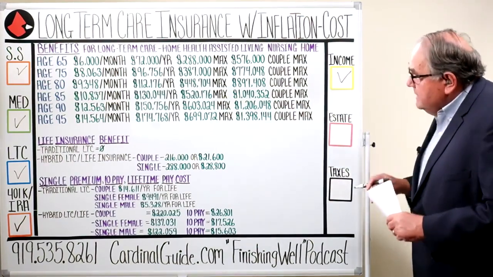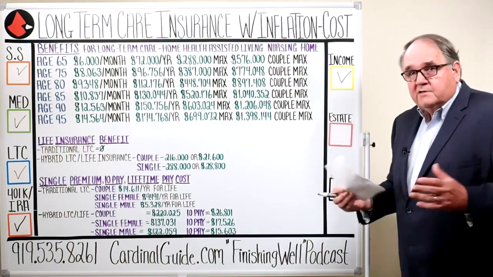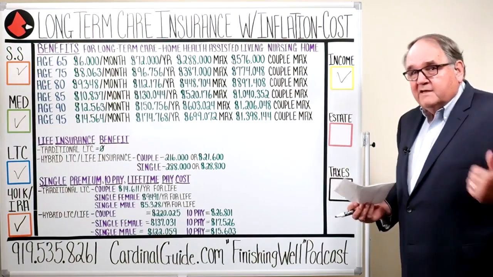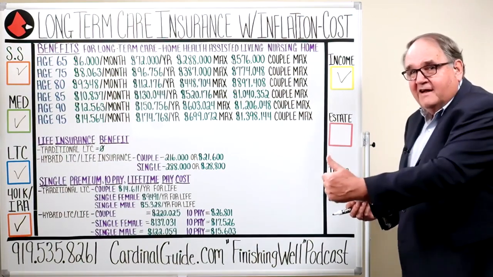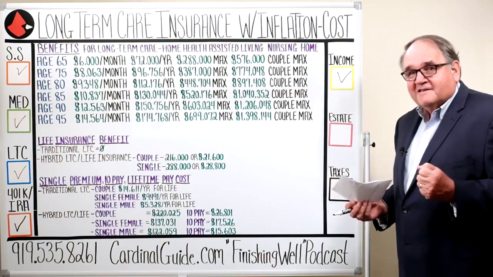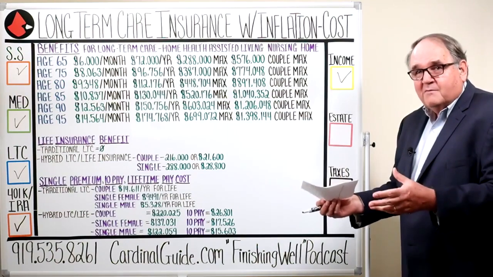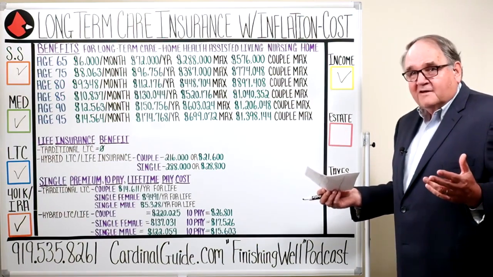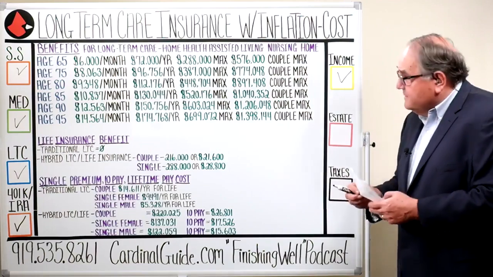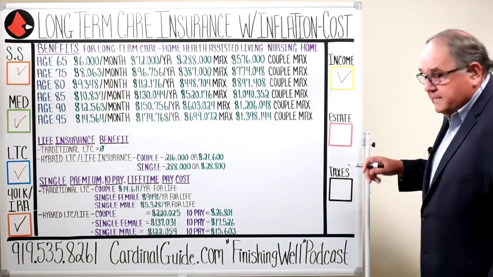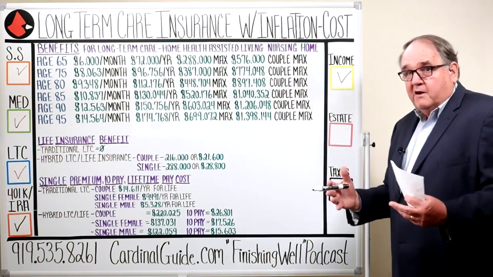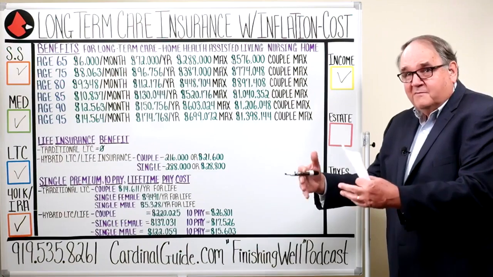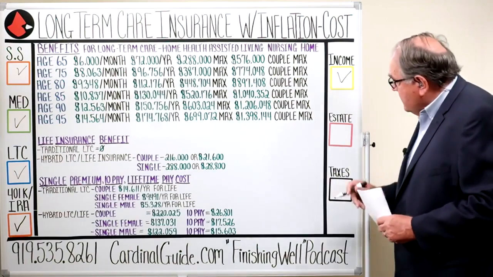Your income is just a reallocation of income. And we do this all the time where we say, how are we going to pay for it? And we sit there with people, maybe we didn't see them when they were 65 and they're now 85 and their kids are coming in to us saying, how are we going to deal with it? How are we going to use mom's money to pay the bills? And we're going to do a reallocation of cash flow. And we're going to have to create cash flow. So this income is stressed. And when the people are married, we have to take care of the surviving one as well, even beyond the life of the person that's needing the care.